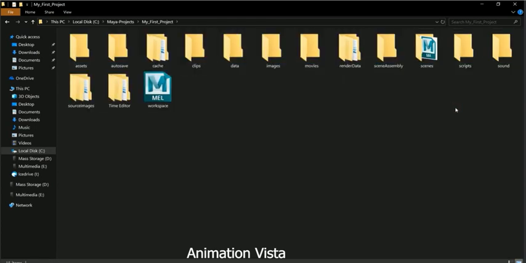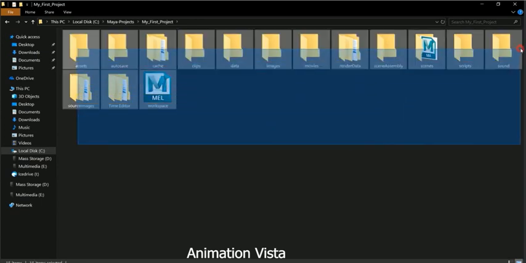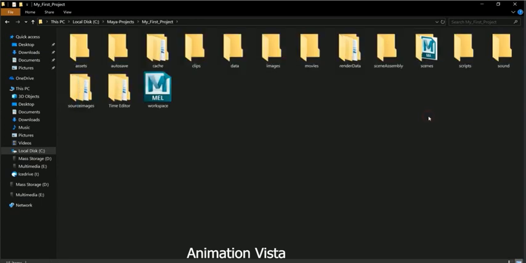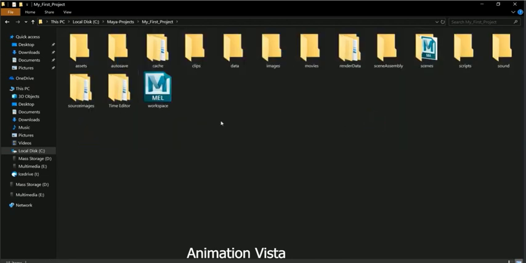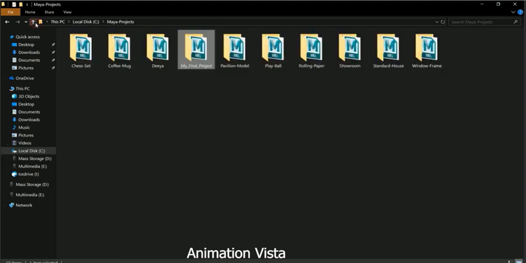In this way, Maya makes it easier for us to move our project folders without losing any of our linked files, so that when you open your project files, you don't see a message displaying a missing file. So that's the reason why we create a project folder and why Maya creates so many subdirectories within the project folder. This helps keep everything organized within one folder. Let me show you an example of a project folder that